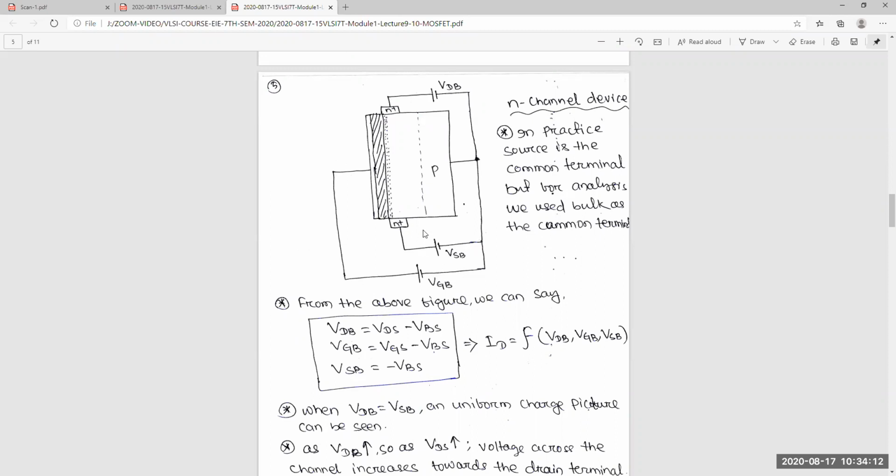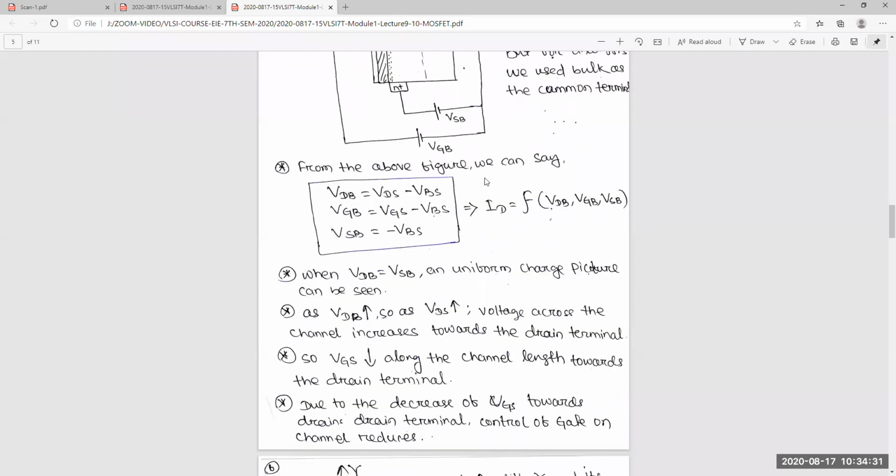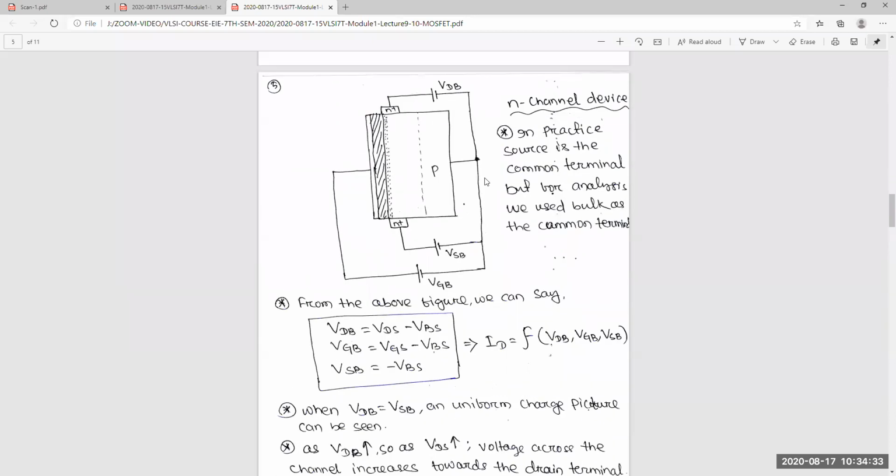Okay. So this is only to see the effects of VSB in our equation. So we have added it in this way. We have taken the bulk as the common terminal. Okay. So now you can see if these two voltages,